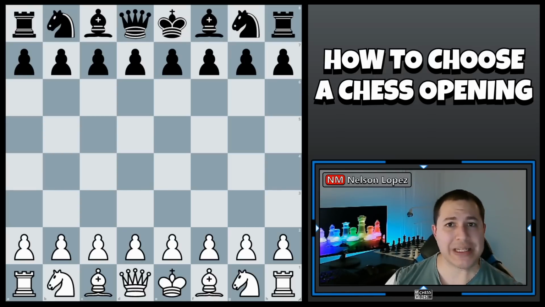You can choose one of the ones that I talked about, or you can find your own, but play 5 games with each different type of opening. And then at the end of those 10 games, ask yourself the question, which ones do you feel more comfortable in? So if you're a very tactical person and you like solving tactics puzzles and you feel like you're pretty good at solving tactics puzzles, maybe you enjoy the tactical openings where it's very aggressive and